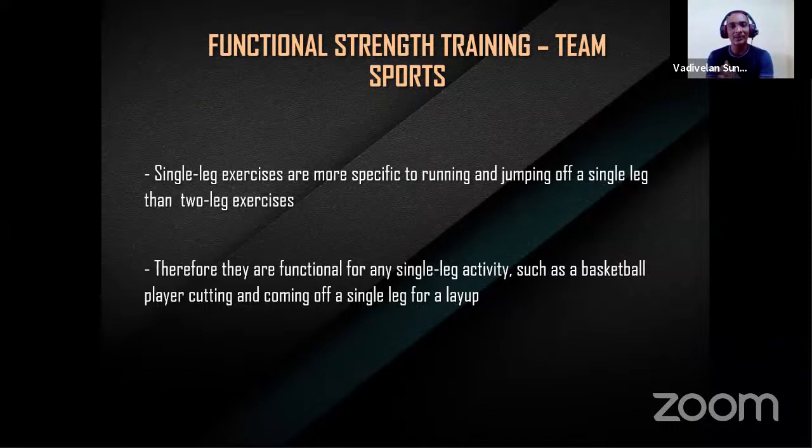And the second one is, as I told you, team performance in football. The second thing is to discuss simple exercises, how we can train a team sport athlete with functional training. As I told you, team sport athletes need single leg exercises, because single leg stability is more required, as many sports require it. So the focus during running and jumping activities needs to be added in functional strength training.